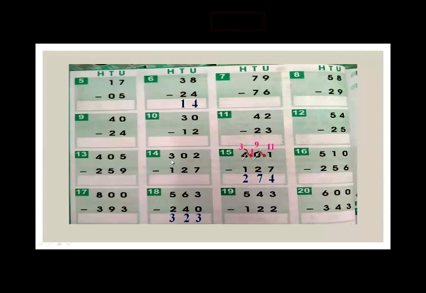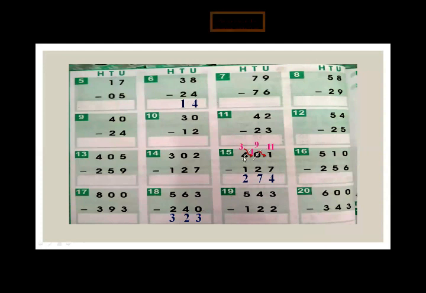Now 3 digit subtraction means units, tens, hundreds. Now look and listen very carefully. 3 digit subtraction starting from the ones place. Here you see 1 is smaller than 7. So what you need to do here, you borrow from the tens place digit. But on the tens place also there is 0. So what you do here, you borrow from the hundreds place digit. When 4 gives 1 borrow to this 0, it will become 10. Here you see with pink color 1.